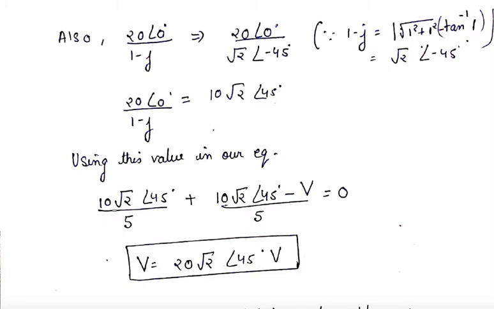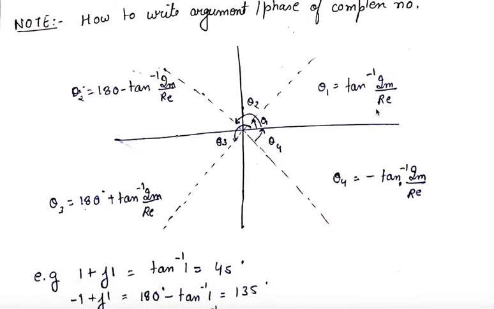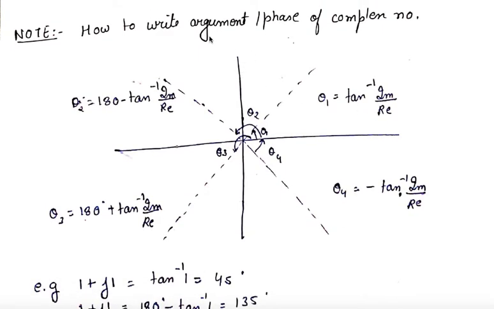Now as I told, how to find the phase of any complex number. So first we will draw one coordinate system. Phase is also called argument. So how to write argument and phase of a complex number, because this will not only come in use in other numericals but in other subjects also. In other subjects also you have to find the phase of the complex number. So like this you have to find out.